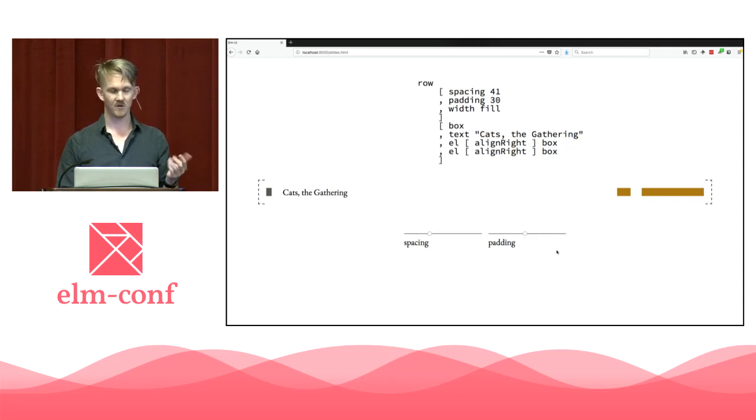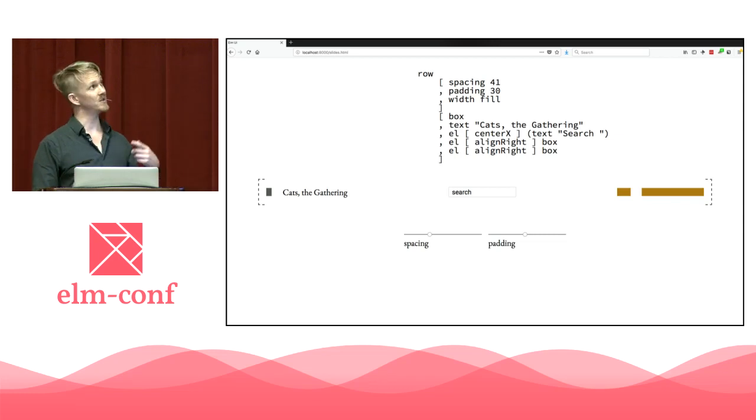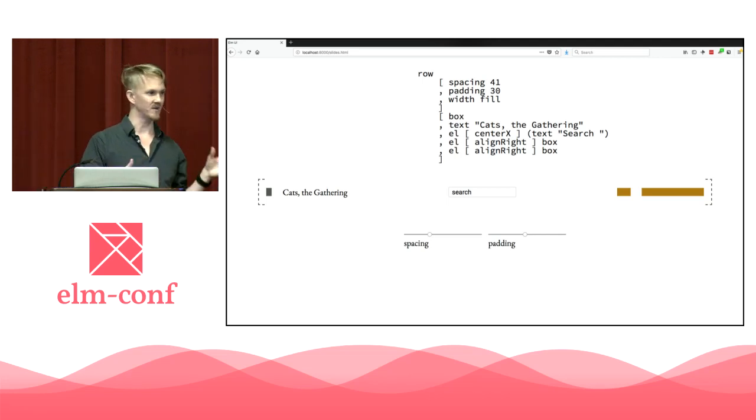Well, what if our business changes in the middle of implementing our row, because cats move really fast? And we've decided that we want to put a search bar in the middle. It's like, okay, could we just add a search bar in the middle? That would be pretty cool. How would you actually do this in CSS? Well, you've probably done something similar,